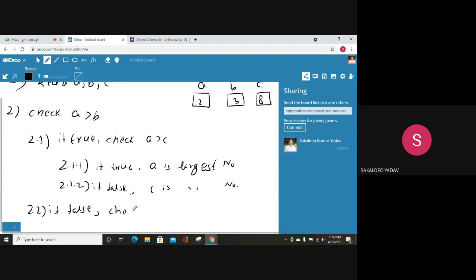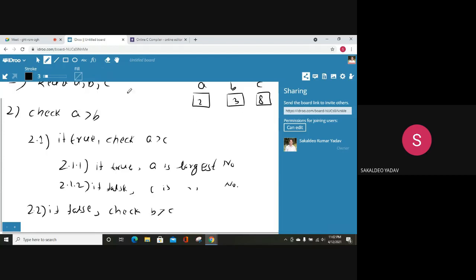If A is not greater than B, that means B is greater than A. Then if this condition is false, check whether B is greater than C or not.